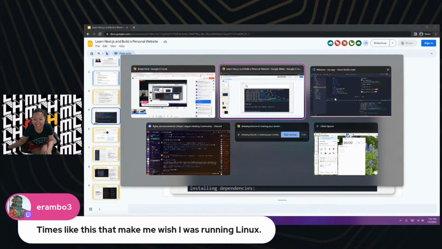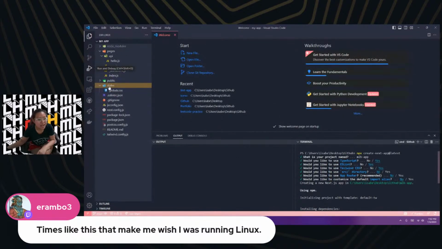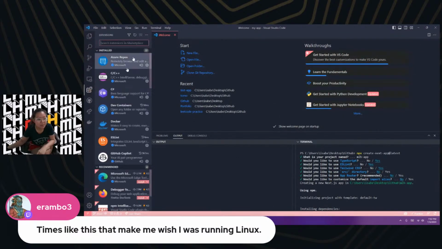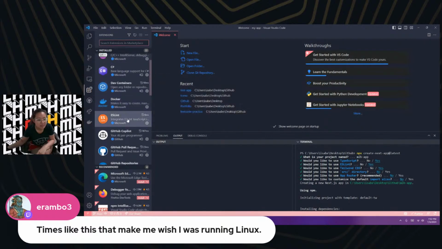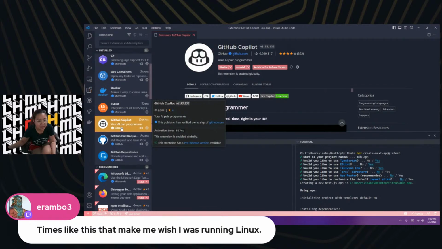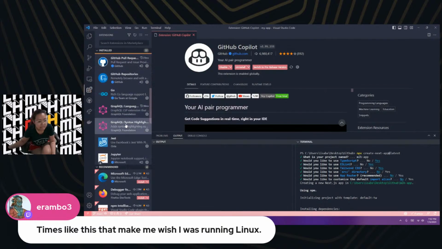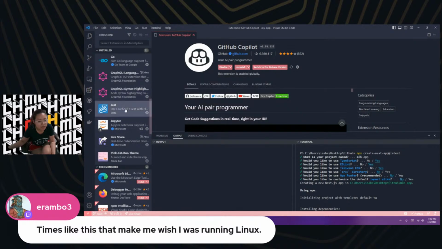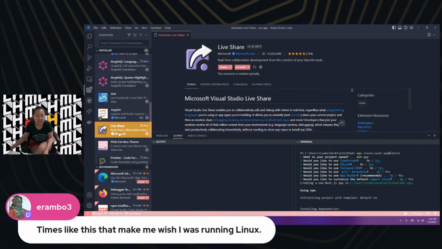People are liking VS Code Icons. Nice, nice, nice. Let's see. Are there any other extensions that I want to recommend? Yes, ESLint is good. Of course, GitHub Copilot if you have the freebie. The rest of these seem like if you are, oh, friends, I suggest Live Share. If you haven't yet, I suggest Live Share. It makes your VS Code a Google Doc. You can code on each other's VS Codes, friends. That's so cool.